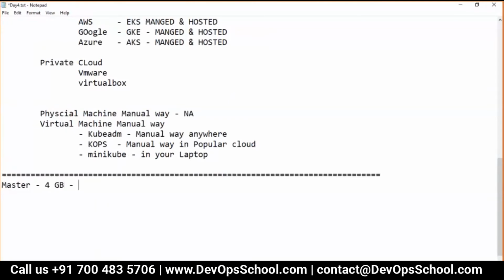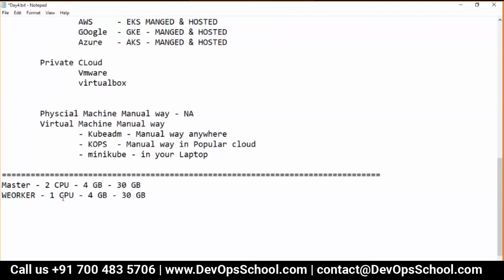Now the question is, I need one master server, with 2 GB or 4 GB RAM minimum, 4 GB RAM which you have already, some hard disk, 30 GB or so, and 2 CPUs.